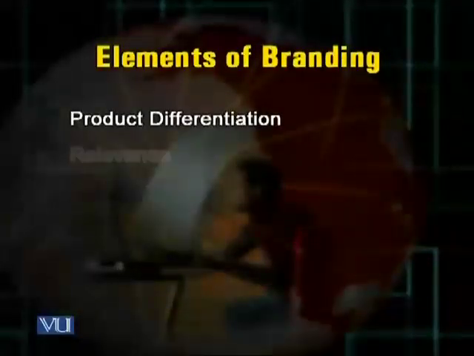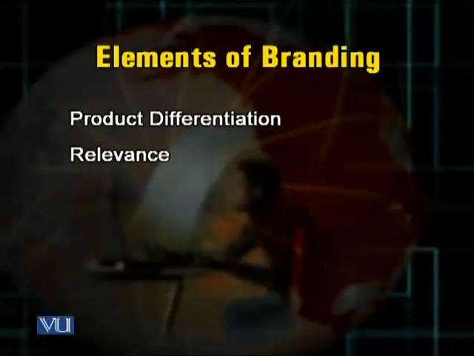So there are different familiar brands you may have noticed. There are familiar trade names. You judge the reputation of a particular business from that trade name, from that brand. There are three main elements required to create and maintain a brand. And these three elements have been identified by experts as: number one, product differentiation; number two, relevance; and number three, perceived value.